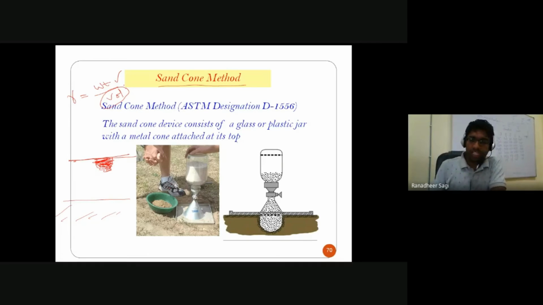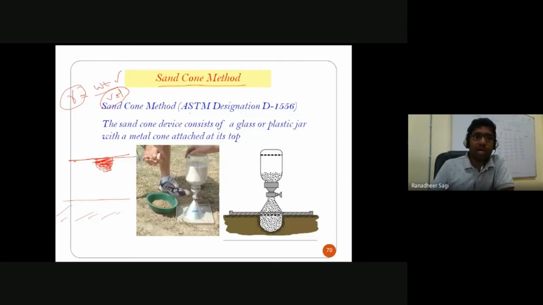So weight is known. Now I understand the volume of the sand which got replaced from this container to fill the pit is known. So weight is known, and now the volume is known. Automatically it tells me the unit weight of that soil. And from the soil excavated from the ground, I can take some piece of soil sample for determining the water content present in that excavated soil.